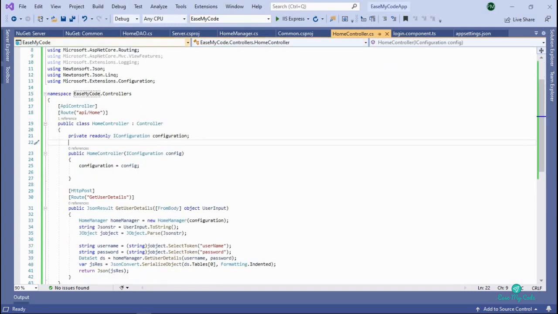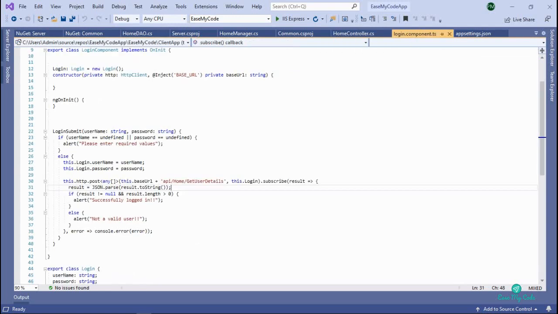So in our login.ts we are calling the get user details method. If I open login.component.ts, you see here I have written the path as api/home/getuserdetails.